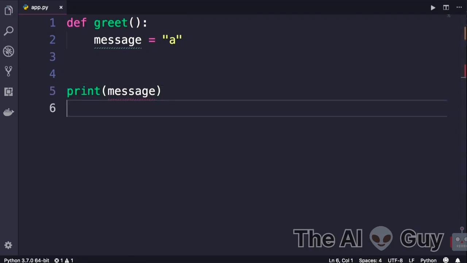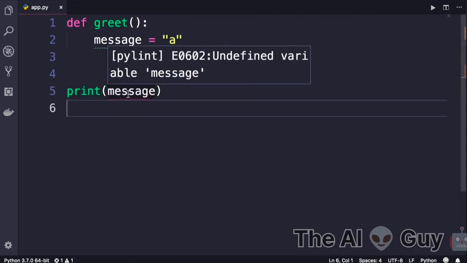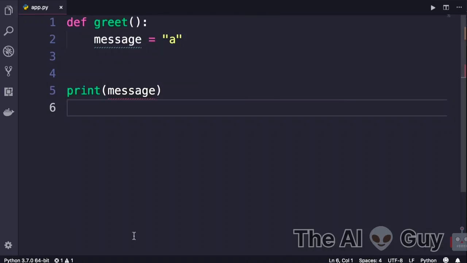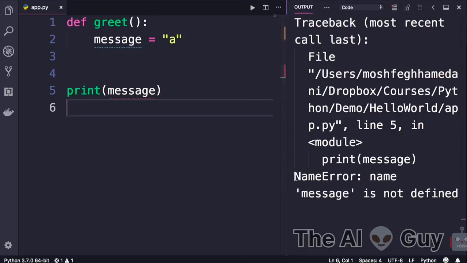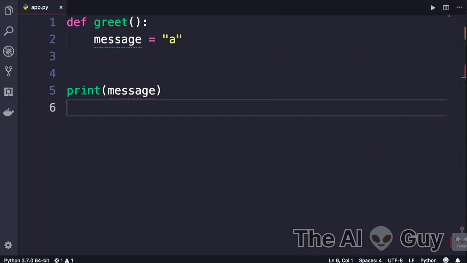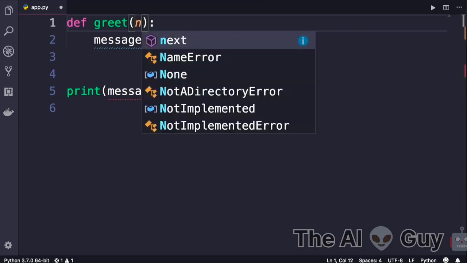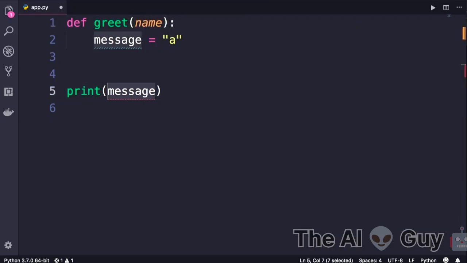As soon as I save the changes, we get this red underline, undefined variable message. And if we run our program, we get this name error. Name message is not defined. The same rule applies to the parameters of our functions. So if we add a name parameter here and then try to print it outside of the greet function, we